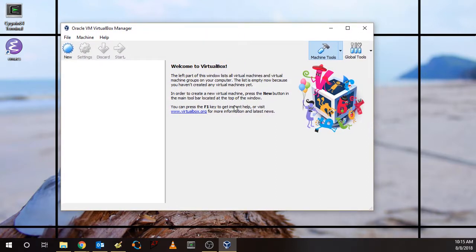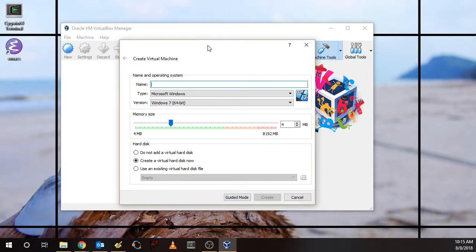VirtualBox manager. It should look like this. And what we want to do is create a new virtual machine. And you see that it's set up for default here, assuming that you've got a Windows guest operating system. I'm going to call my virtual machine Lubuntu, and it's magically figured out that this is actually a version of Linux, and that I'm going to install the 64-bit version. I'm going to call this Lubuntu 18.04, which is at the time of this video the latest release of